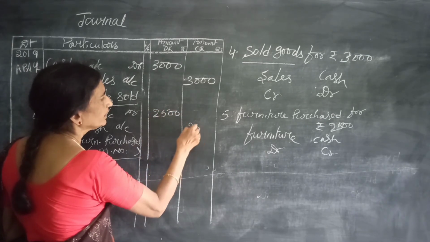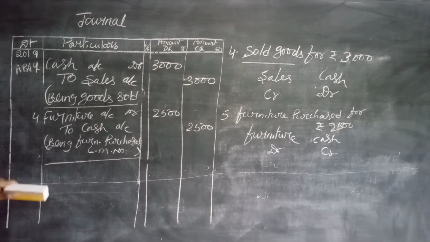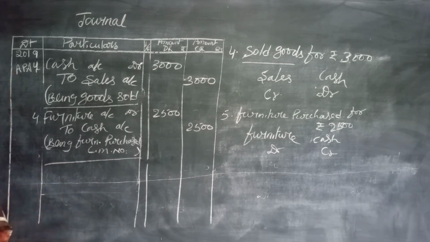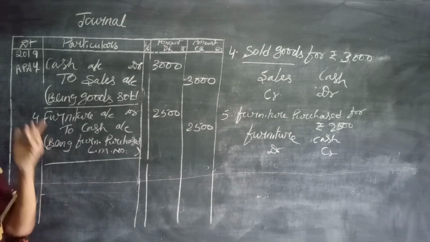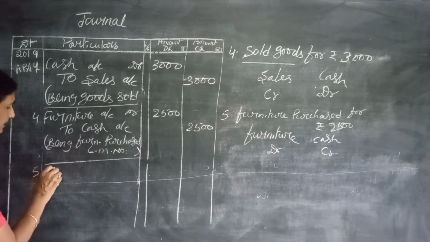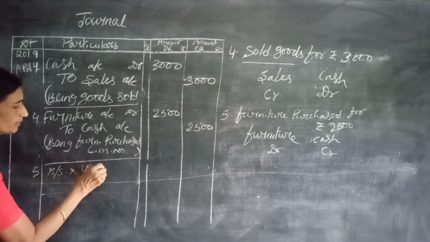2,500. Say another example. So salaries paid. Salaries account debit to cash account. Whatever the expenses are being paid, that account is being debited, and as the cash going out means a decrease of cash, cash is to be credited. And if we are paying cash to anybody, say for example X Limited, to X Limited we are paying the cash. Say on 5th Messrs. X Limited account debit, X Private Limited account debit.